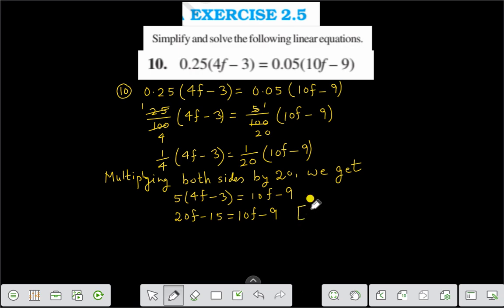Now on transposing 10f to the left hand side and minus 15 to the right hand side, we get